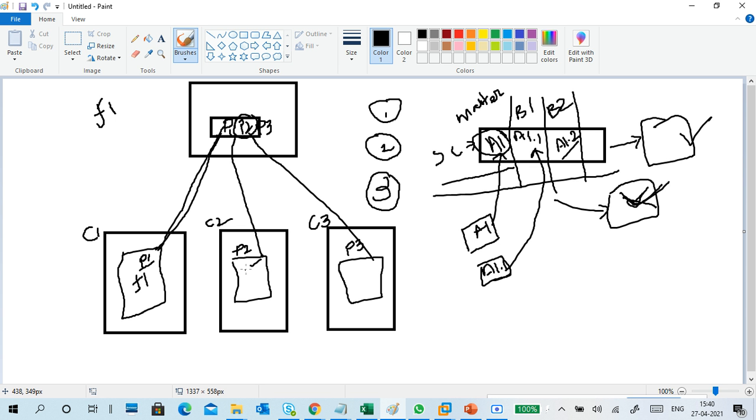So the first user uploaded f1, the second user tries to upload f1 to it. What will happen? It rejects that one because it doesn't understand two files in that one.